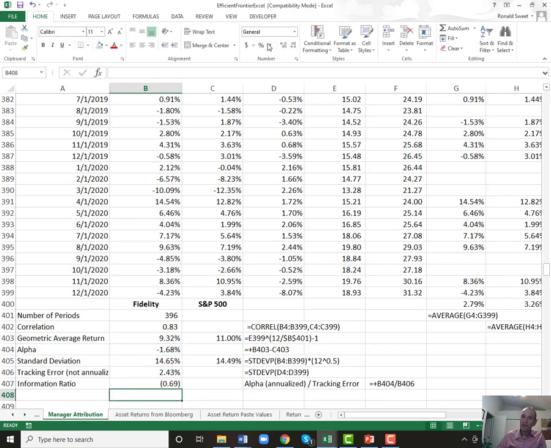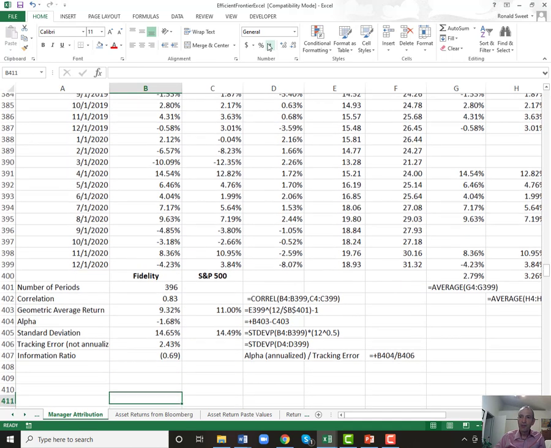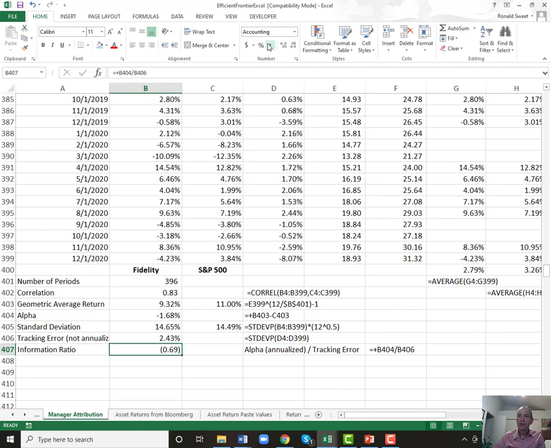Generally on information ratio, great is anything above 1. So if you're above 1, that's great. That means for every percent of return you're getting extra return, you're getting an extra percent of risk. So some people say, well, that's kind of balanced between risk and return. I'm not so sure that's true because your alpha is an annual number and your tracking error is a monthly number, but it's still, you're comparing your extra return to your extra risk, and you're getting a number. Information ratio has been the gold standard for assessing the performance of mutual funds for years.